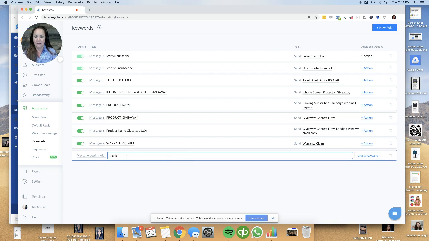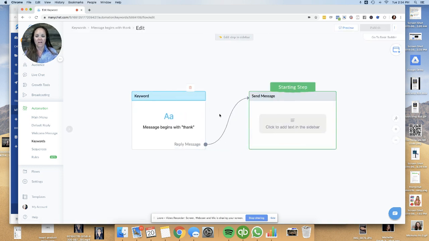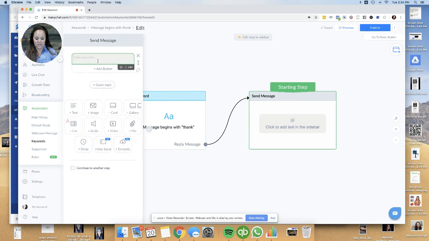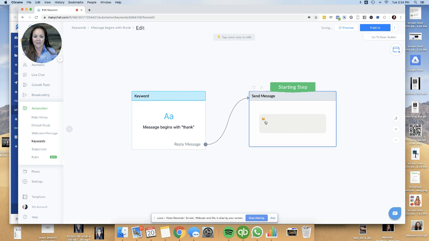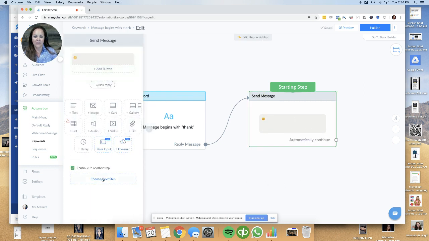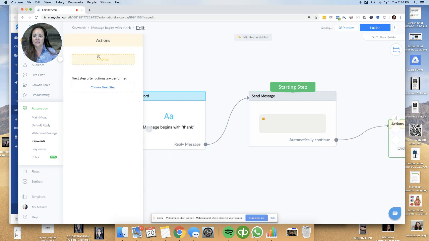I'm going to say thank. Because then what I can do is create a new reply. It says, maybe it's just a smiley face. And what I'm going to do then is make sure,